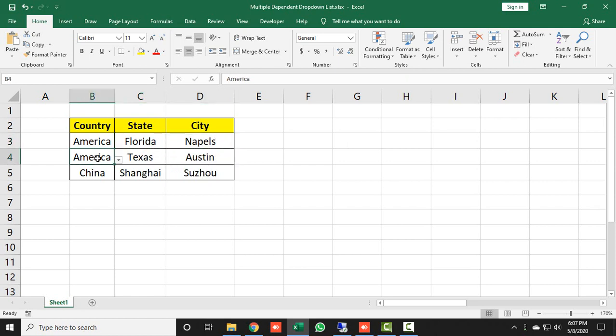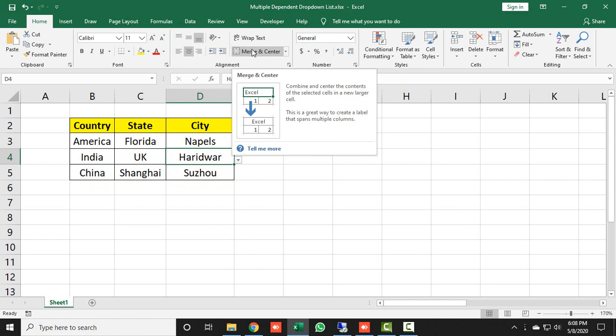And if I change the country name, let's say I'm taking India here, then it will show all the state names of India which I have entered in this data. Let's say here the state names are MP, UP and UK. And if I take UK, then all city names of UK will be available, meaning Uttarakhand. Here you can see Dehradun, Mussoorie and then Haridwar. So this is how you can create a beautiful multiple dependent drop down list in Excel.